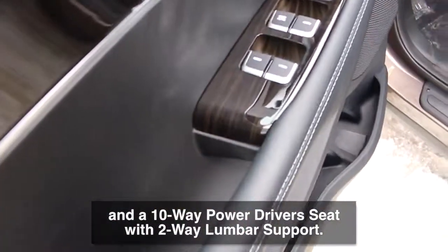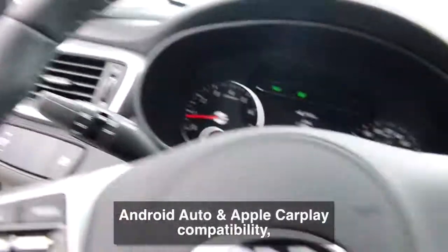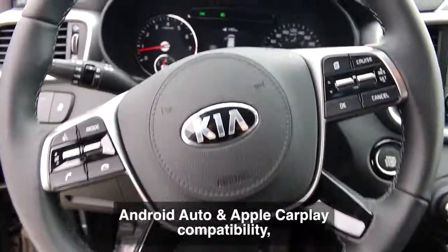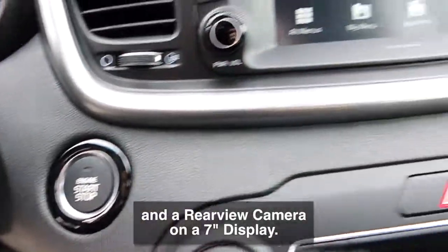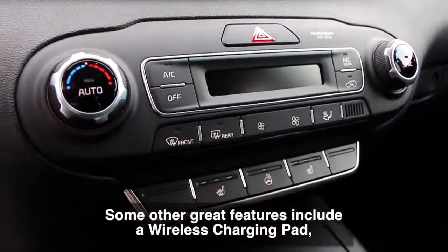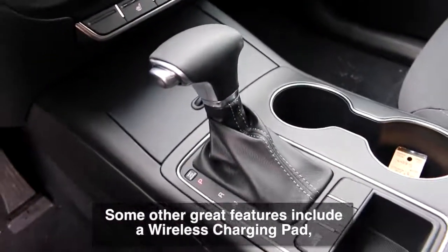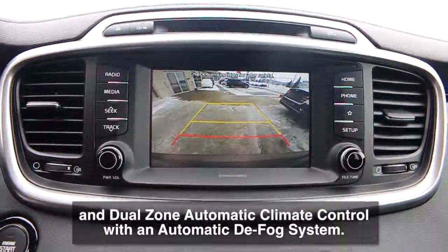2-way lumbar support. This model also features Bluetooth wireless technology, Android Auto and Apple CarPlay compatibility, along with both USB and auxiliary inputs, and a rear view camera on a 7-inch display. Some other great features include a wireless charging pad, drive mode select, and dual zone automatic climate control with an